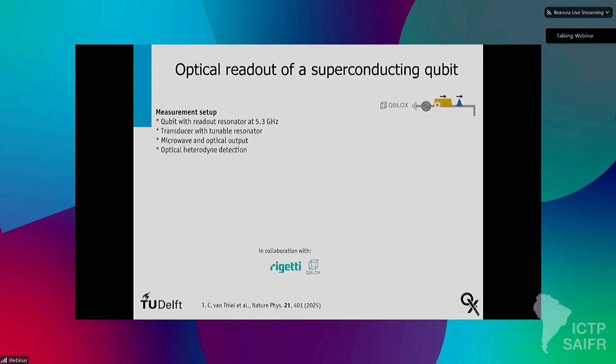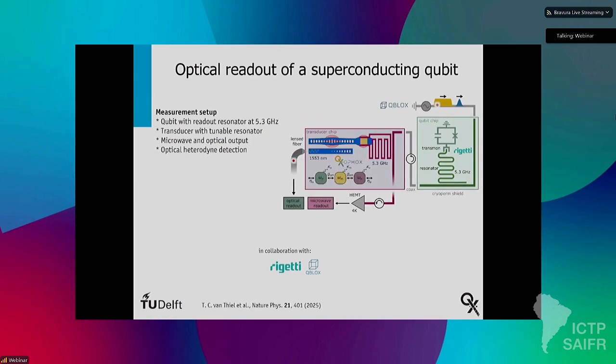Let's start very simple. We need an RF signal, right? This is a collaboration between Rigetti, QBlox, and QFOX. We have an RF source from QBlox that creates signals to read out the superconducting qubit. We then couple it to a Rigetti qubit with a readout resonator at 5.3 gigahertz, and this is in turn coupled